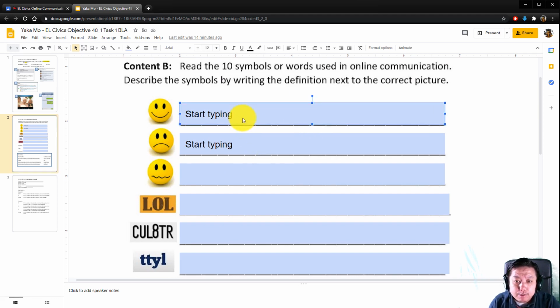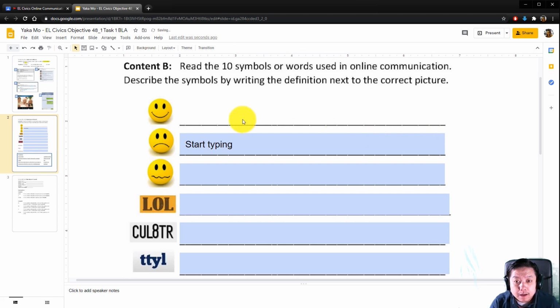let's say, for example, you accidentally delete the box. I'm going to delete the blue box. And now you cannot type. You cannot double click the box to enter your answer. What you can do is go up here to the toolbar, and you'll see this little button that has a box with the T in the middle. That is the text box. So if you accidentally delete the blue box, go to the toolbar, click on the text box,